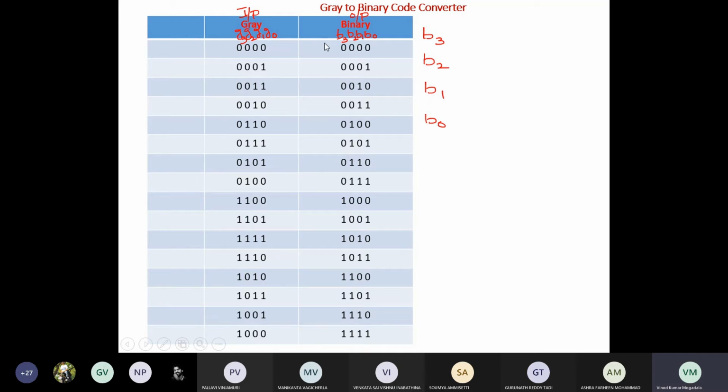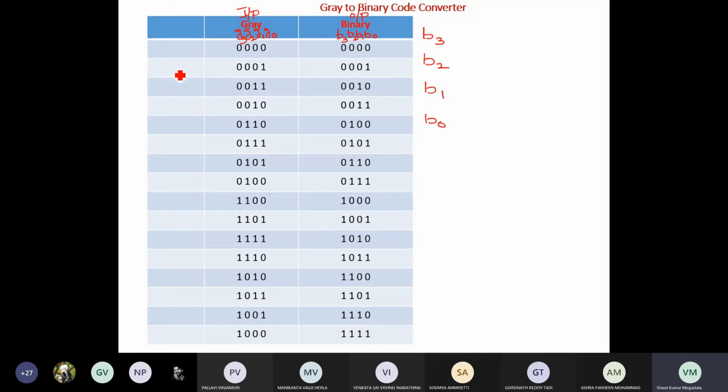So what is the difference? Here we are writing the gray code, so we have to write the binary outputs in terms of the gray code input bits. While taking the corresponding decimal equivalent, for binary it is simply straightforward, 0, 1, 2, 3. But here that is not the case, because now we have to find the corresponding decimal equivalent for this 4-bit code. So that is the difference.